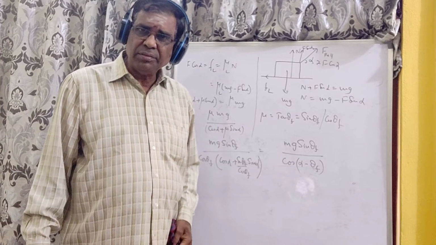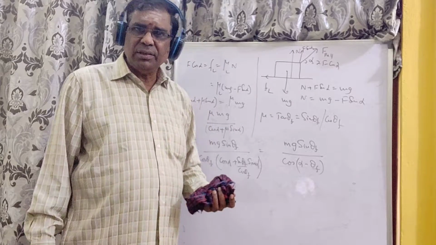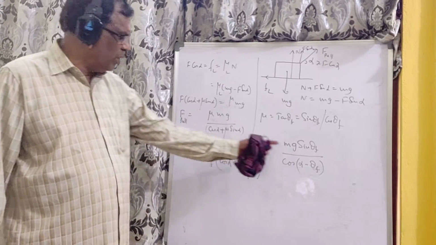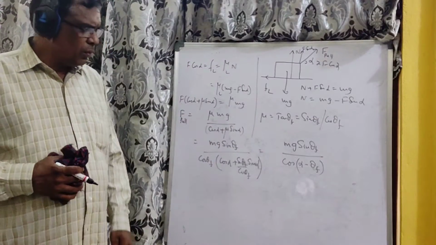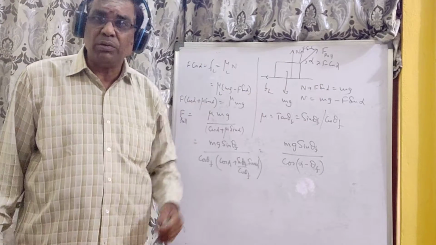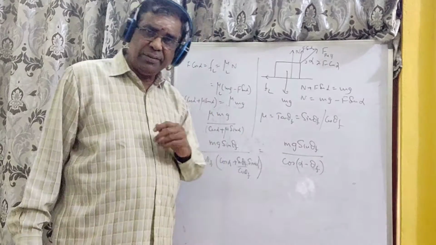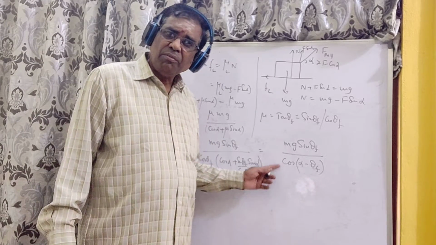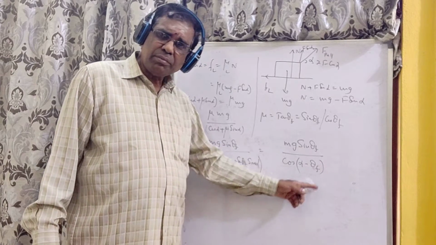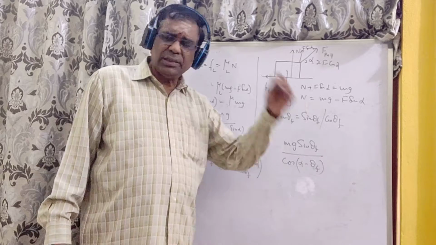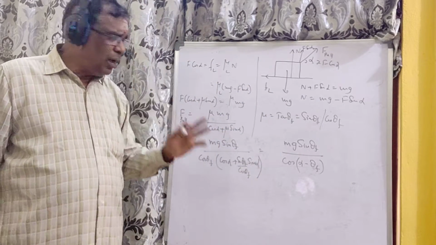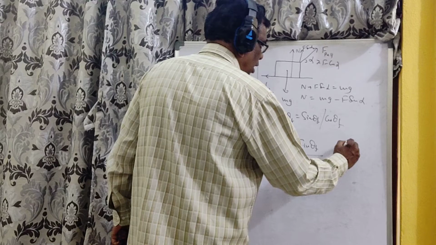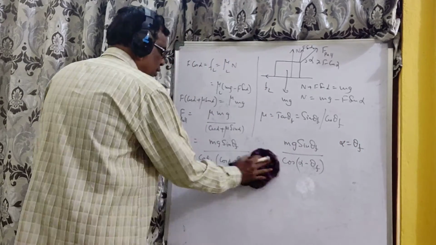Remember, this cos function is always less than 1. Therefore, you are dividing this with a certain value, and supposing I am now looking at the minimum pulling force. You are equating to FL, that is fine. But there is a function here. So minimum means this must be maximum. When is this maximum? When cos of all this is equal to 1, or this parenthesis must be equal to 0, so that alpha is equal to theta f, and that leads to